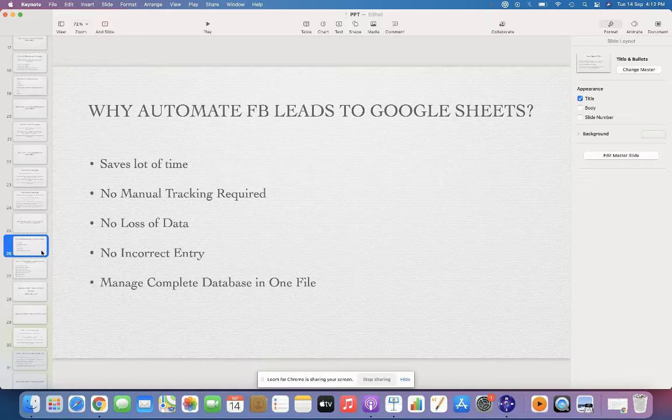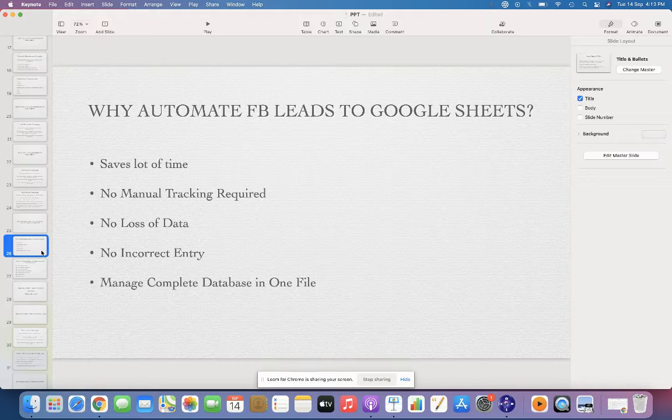You can't keep going inside your Ad Manager and download each and every set of leads, right? When you have everything on a proper Google Sheet or even a proper CRM, it will be very easy to track and follow up each of the leads immediately, right?